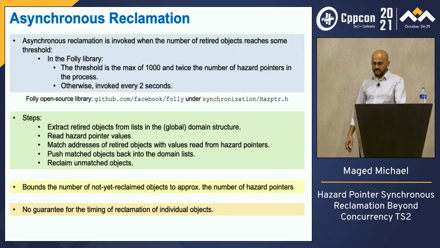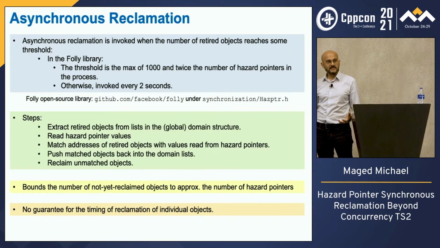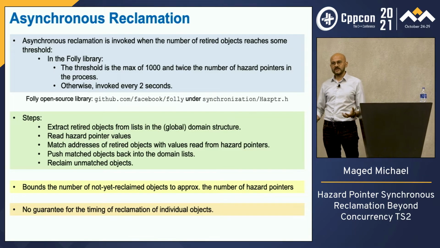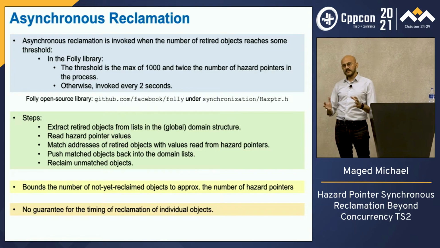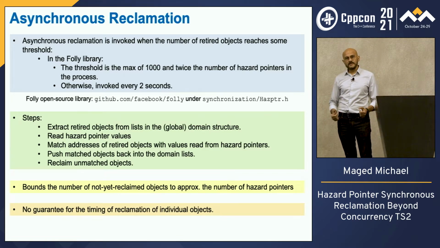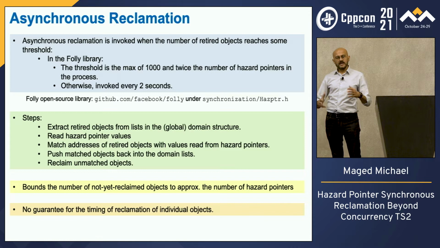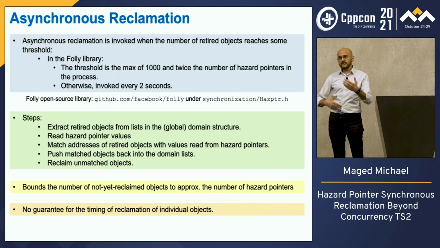Okay, so moving on to what happens to retired objects. We cannot just accumulate retired objects, otherwise we'll run out of memory, so the library does asynchronous reclamation. Basically, it doesn't guarantee the timing of the reclamation. It just says that we're going to do it frequently,